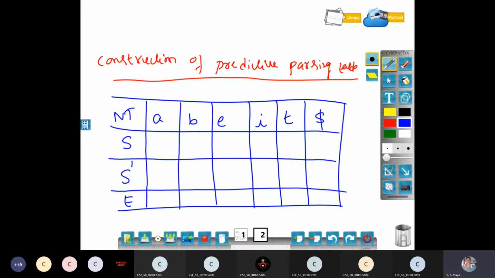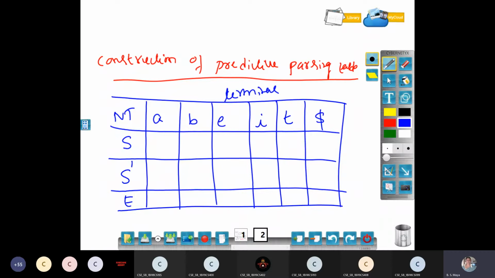See, don't get confused with whatever you get in the first and follow sets. For all the terminals you can write, or you can check your given productions. In the productions you can also identify what the terminals and non-terminals are. You can also list all the terminals available in the given grammar. Some terminals may not appear in the first and follow sets, so you can include those terminals in the table also. Okay, now the format of the table is ready. Now I have to insert the productions into the table.